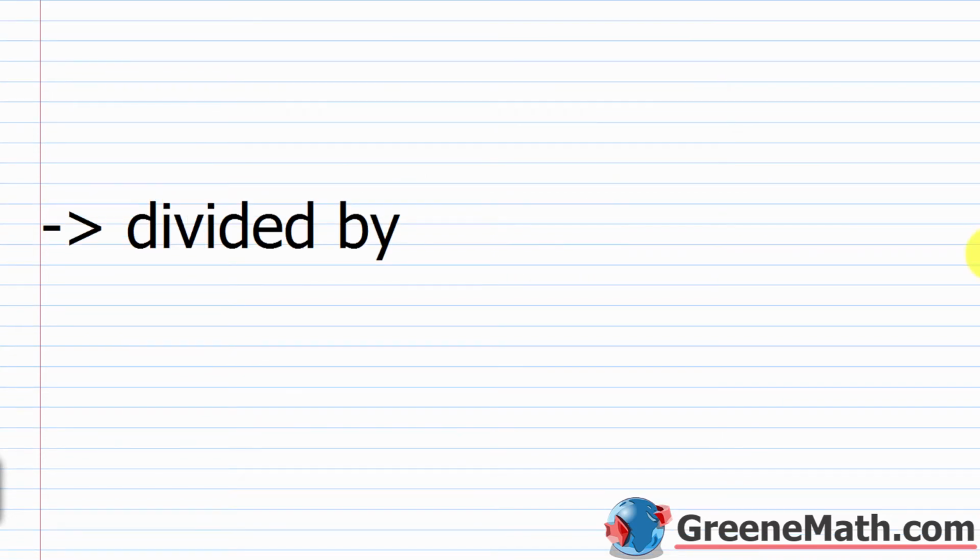The other one we really see with division a lot is "divided by," which obviously makes sense. You see something like a number divided by, let's say, negative 2. Let's represent the number with z. So z divided by negative 2 would just be z over negative 2. And again, when you encounter phrases with subtraction and division, you have to be extra careful to read your wording